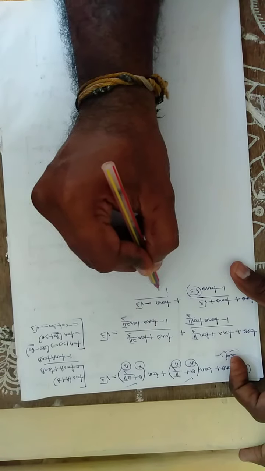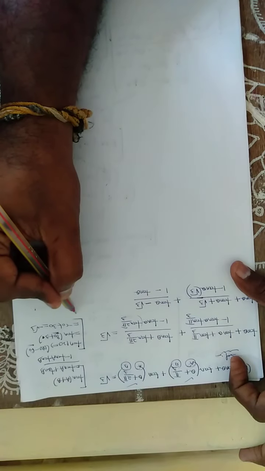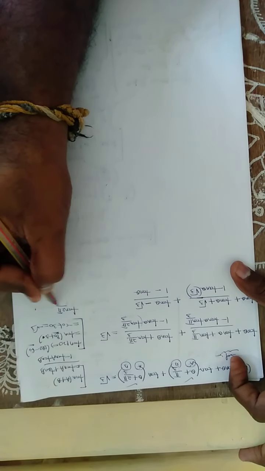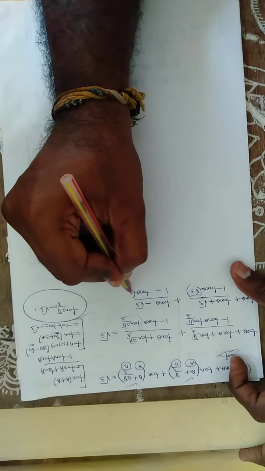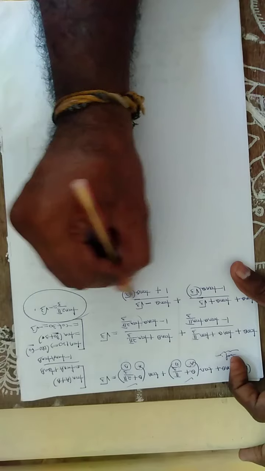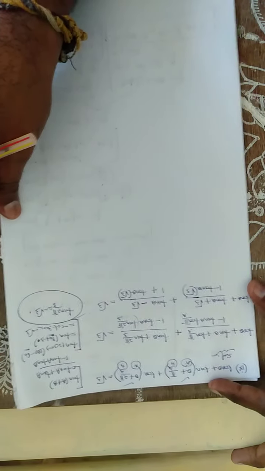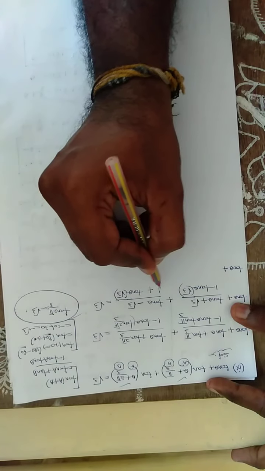So 1 minus tan θ times tan 2π/3, which is minus √3. So this will become minus √3, and minus into minus gives plus √3, equal to √3. Now I am going to do a cross multiplication. This is one of the biggest sums: tan θ plus, cross multiply. This I am going to cross multiply with this one.